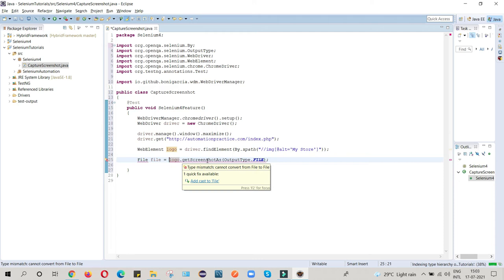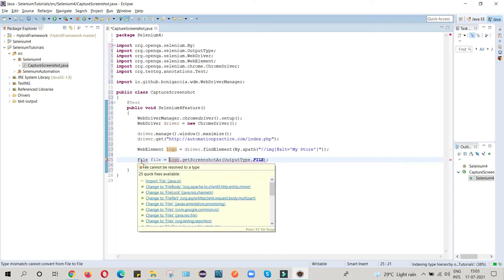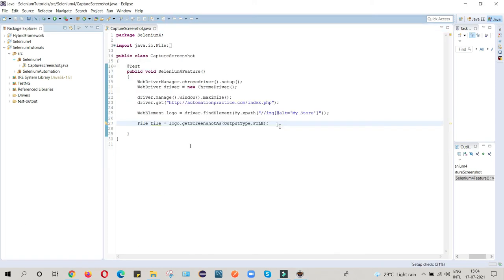Is there any error? Okay, here I will import File.